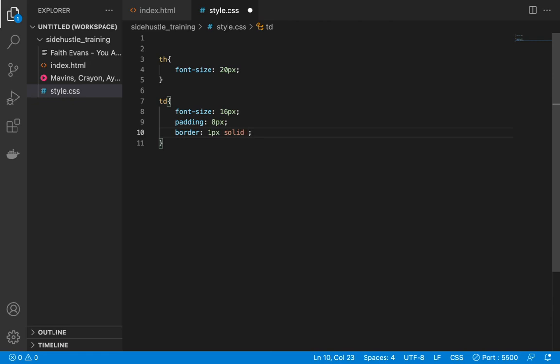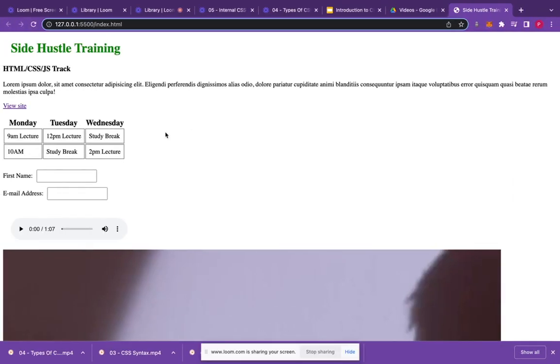So what color will the border be? Let me give it a random light color. So let's use that color and let's see. Oh, this is how it looks. This is not what I want. So what do I want? I just want the